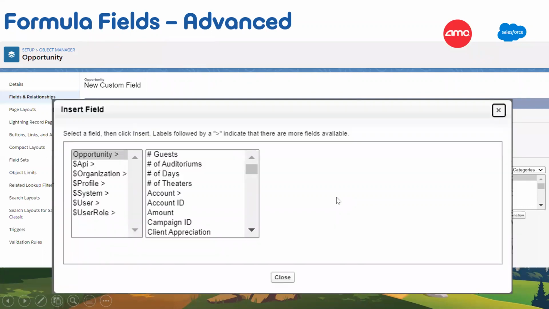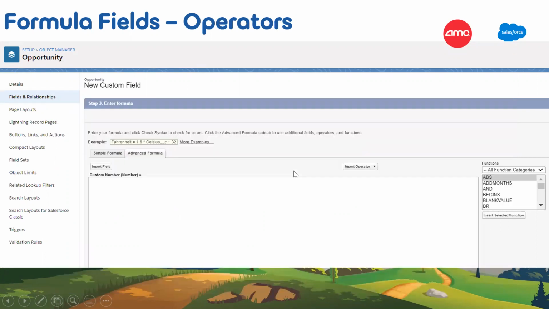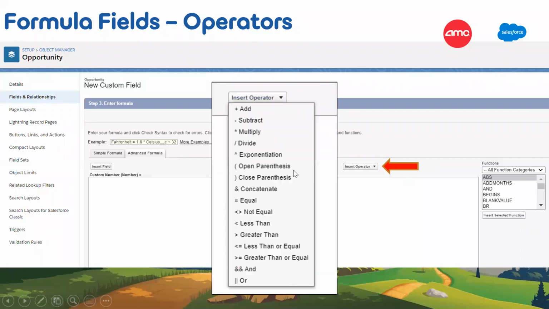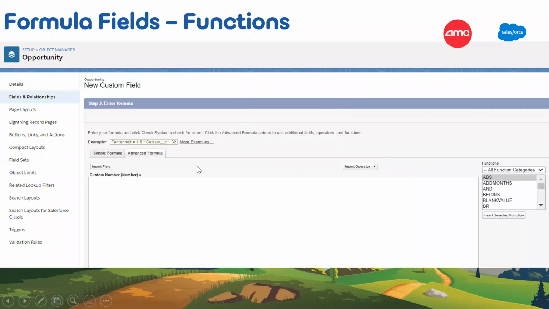That's the field reference. And this one's on opportunity, so you can go off the opportunity, or within the opportunity you could go off of the account, and then you'd have all the account fields as well. So you start by inserting a field. Then you have an operator, pretty standard operators, math operators, logic operators. And then,